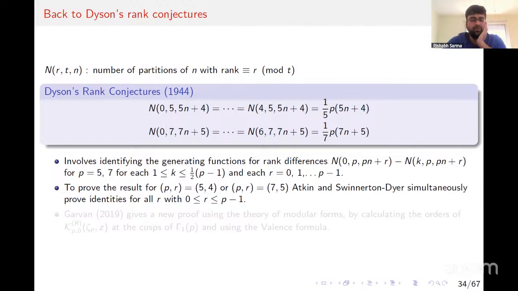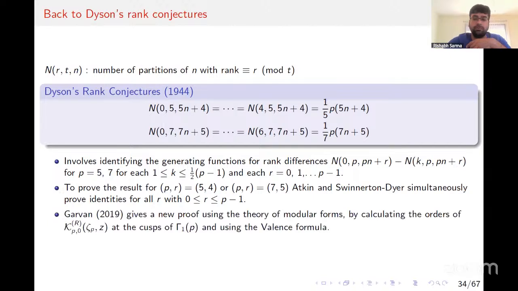And what they state in their paper, I think I had this open somewhere, is that they are unable to simplify their result to obtain just the proof of this one, the 5n plus 4 or the 7n plus 5. To prove that result, they have to look at all of these identities. They have to find the generating functions for all of them using the theory of elliptic functions and some more stuff. Garvan, in 2019, gave a new proof of Dyson's rank conjecture using the theory